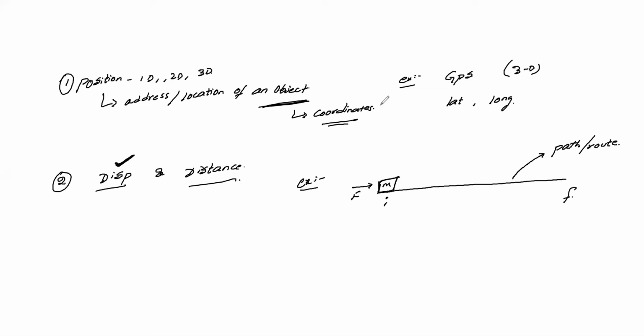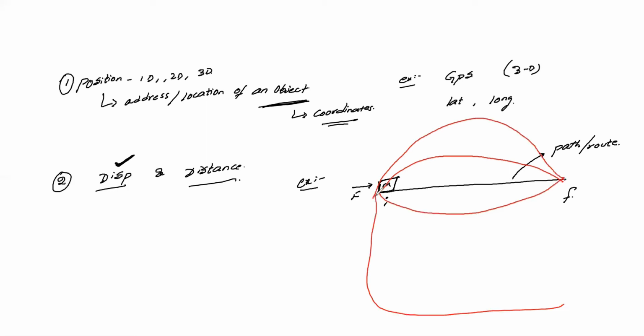Now what I'll do, I'll try to take different paths. I'll give some numbers 1, 2, 3, 4, and 5. How many paths are there now? Five paths are there. So between the points A and B, from initial to final. Now, can you tell me which one is shorter here?